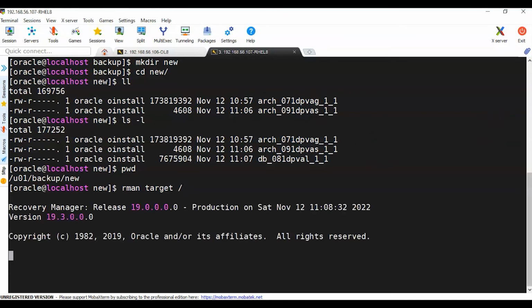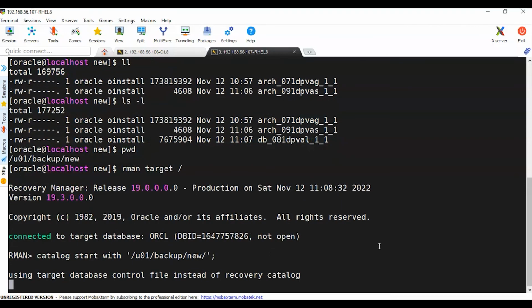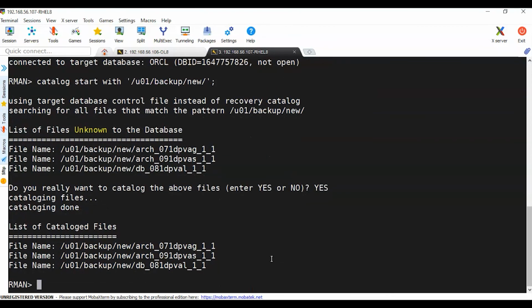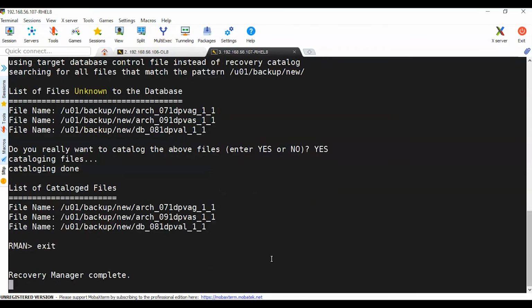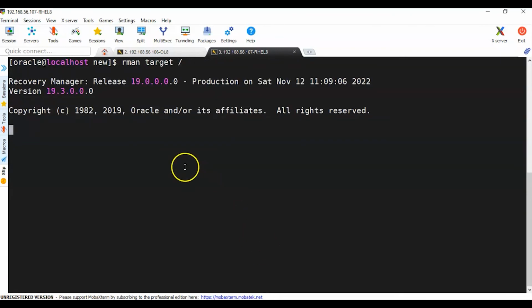and here we can use a command called catalog. Catalog start with whatever is in this path, u01 backup new, and with this, yes, it will ask there are 3 files and these are unknown. Would you like to add them? Yes, add them. And after that, let me clear and reconnect. After that,